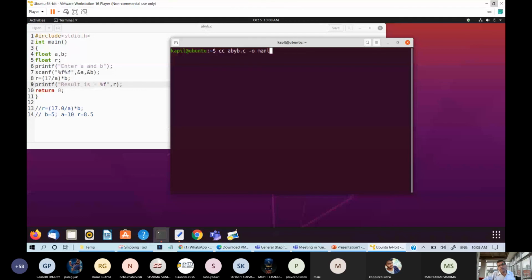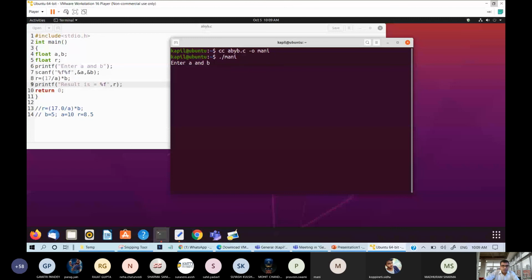So be careful while choosing names. It is better practice. I'm showing you using money also. So money is now the output file, and let me write money. Okay, and it is asking to enter A and B. First line is running.